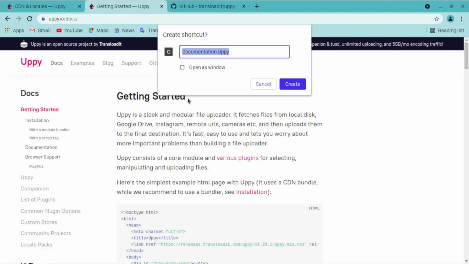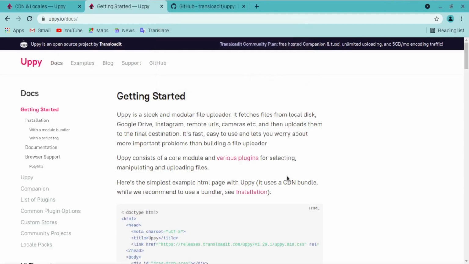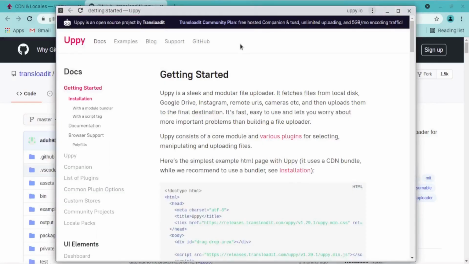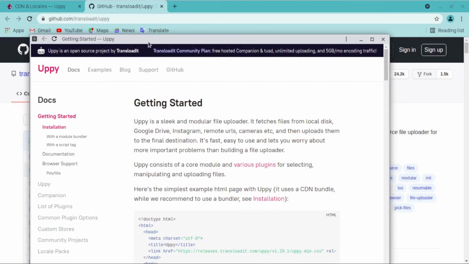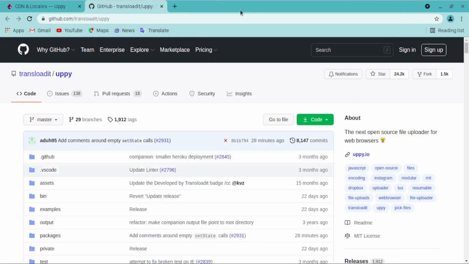And then if you want this shortcut to open in a new window, make sure you select this option. Just click on this box, and then it will select it and add a tick on it. Once it's selected like this, click on create. Once our shortcut is created successfully, it will automatically open in a new window by itself. And then this particular tab will be removed from the current Chrome session.